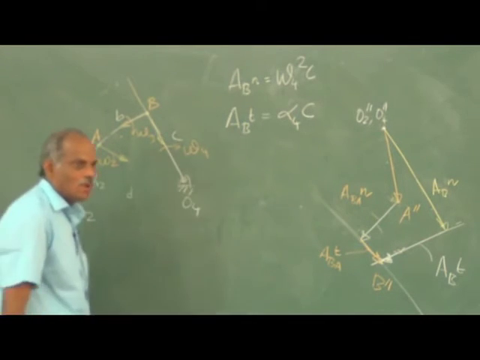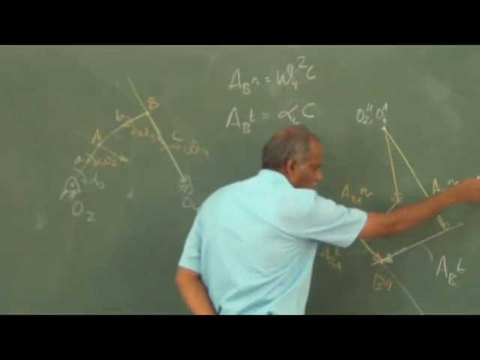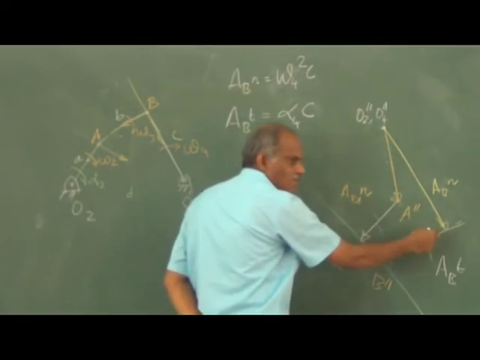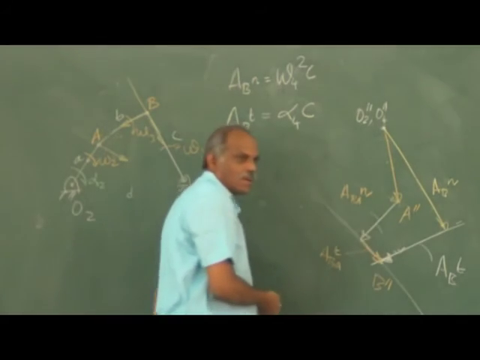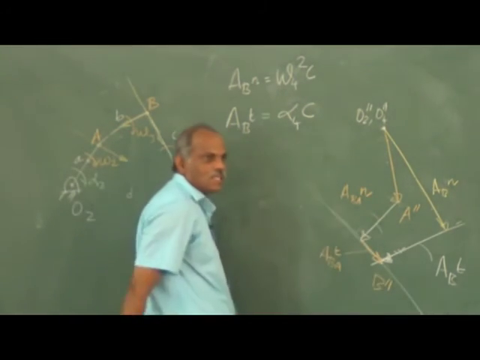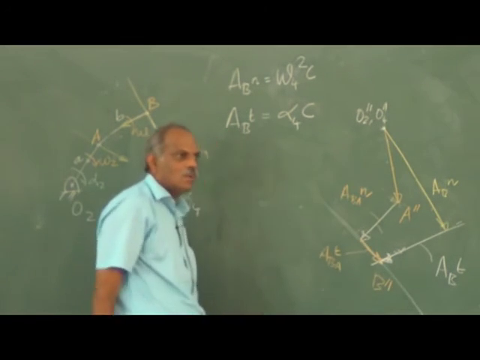So I just keep on moving by drawing the normal component, then the tangential component. Out of this, the normal component is known, I finish it first, and the tangential component will be perpendicular to it, I just proceed. In this case also I know the normal component, just the tangential component, the intersection will be my B double dash.